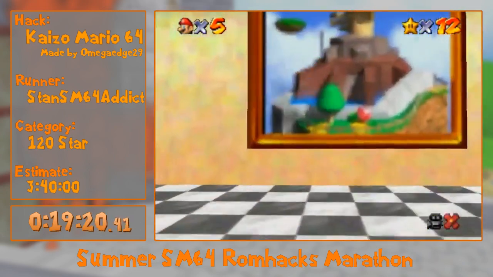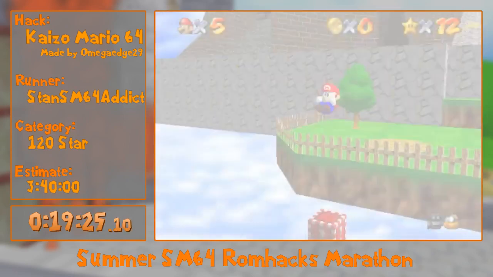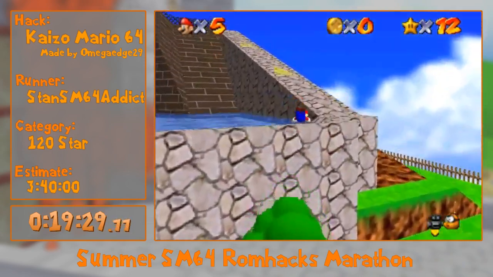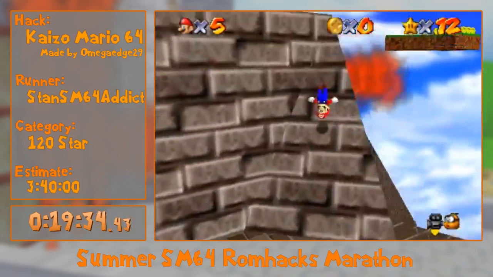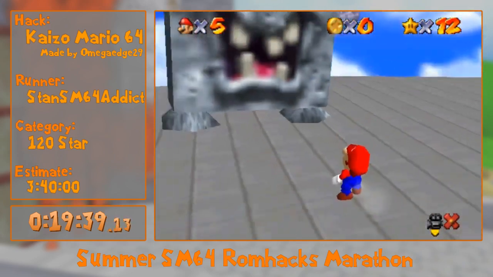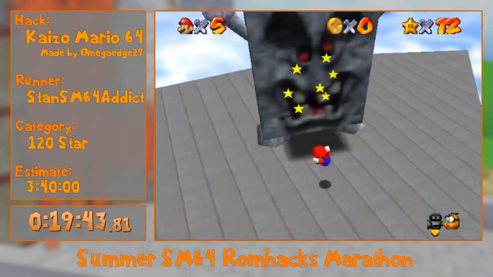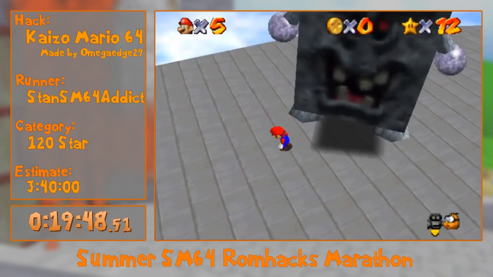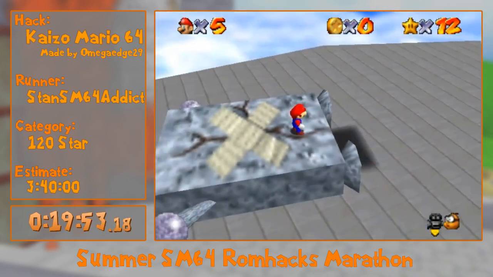To be able to actually do Whomp's Fortress and a few other courses in this hack, the cap switches are a lot different. You actually need to press them. Because in Whomp's Fortress and a few other courses like course 6, for Whomp's Fortress you need the wing cap, for course 6 you need the vanish cap. You'll need to press the cap switch or else you'll just fall straight to the bottom without any second thoughts. These Kaizo traps are actually mentioned in the...